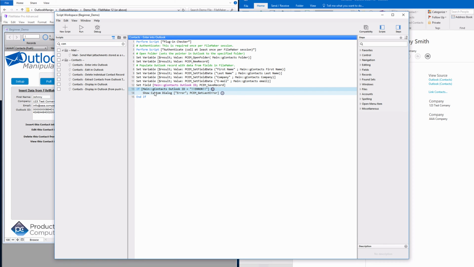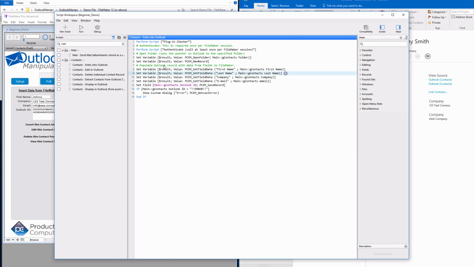We'd show an error such as maybe we had a character string that was too long, maybe we called the commands in the wrong order, meaning we didn't call the new record command, but we called save record without calling the new record command. Anything that went wrong would show up there. Otherwise, it'll just be successful.